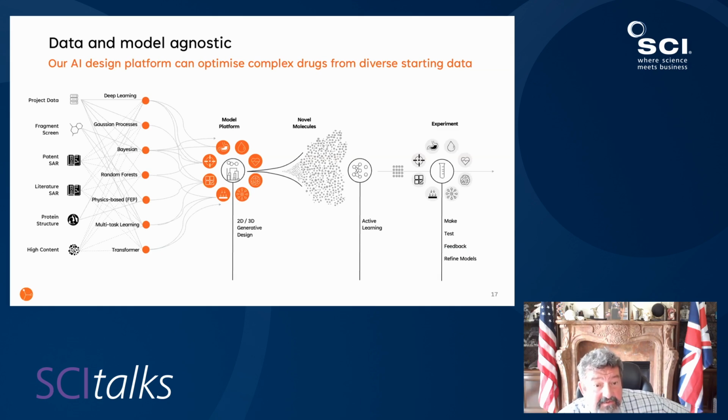Other examples of the data types we can process: high content screening data, so phenotypics. We do quite a lot of fragment screening, and of course all this is modulated by the prior knowledge and then the specific project-related knowledge that turn these global models and expectations into more local, project-specific models for particular parameters. This all comes together in a well-engineered model platform that we call Flux. We'll start disclosing some of that over the next 6 to 12 months.